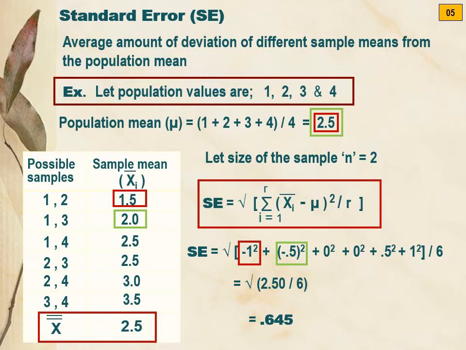of all of them, and then get the difference of each sample mean with the population mean, square it, add all these and divide it by the number of these means, and then take the square root to get the standard error. Okay. So this is your standard error of mean, which we are using in various situations. Here we shall be using it in obtaining the confidence interval. Okay.